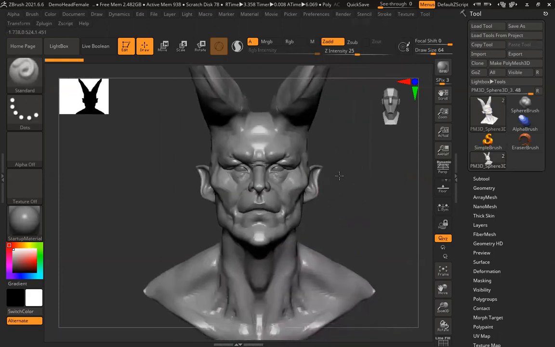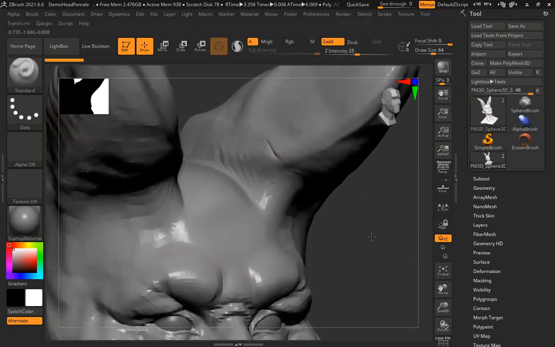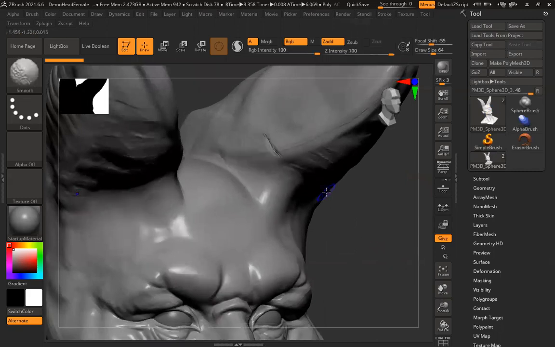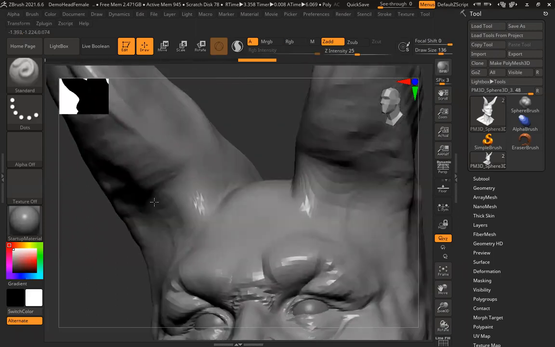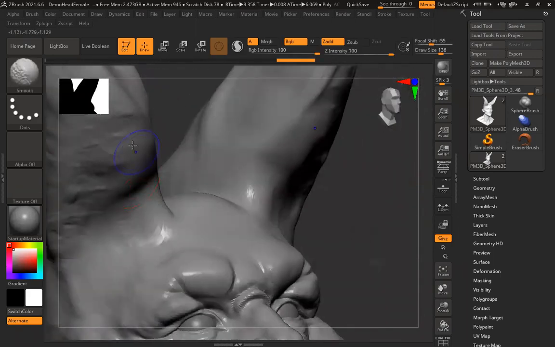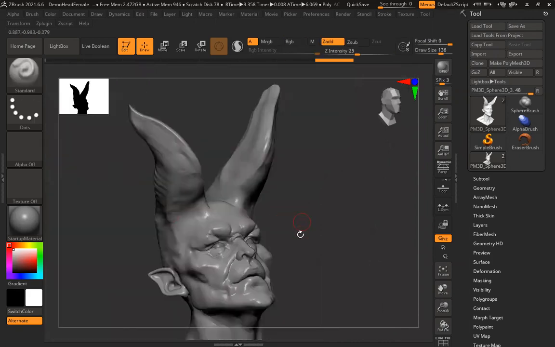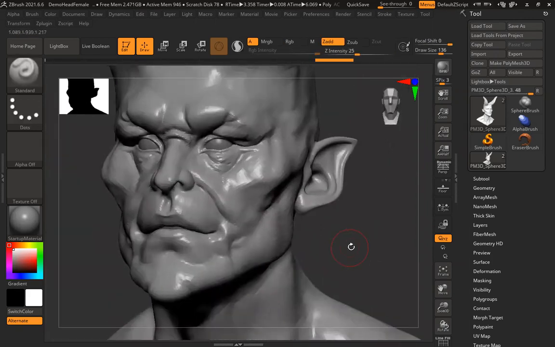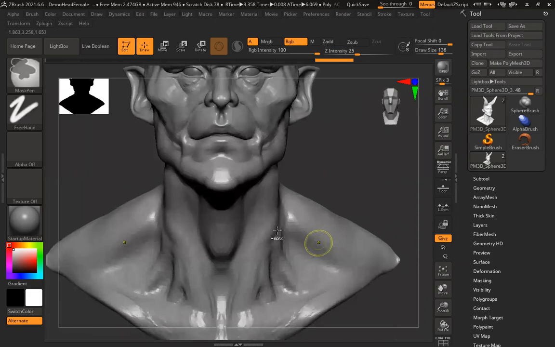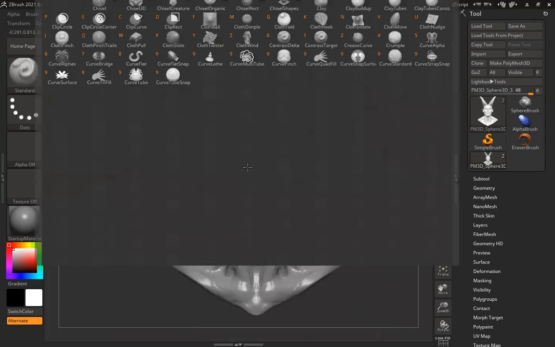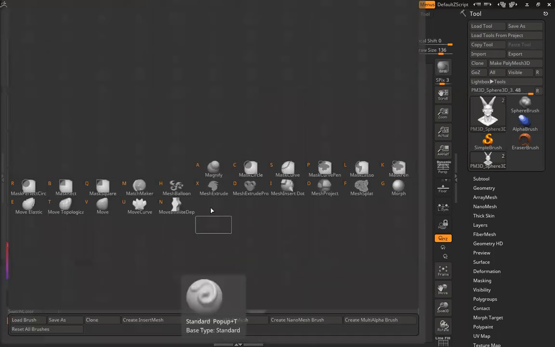Okay. Same only. Shift D, reduce and fix all the errors, all this pinch and everything. DMB, move brush.